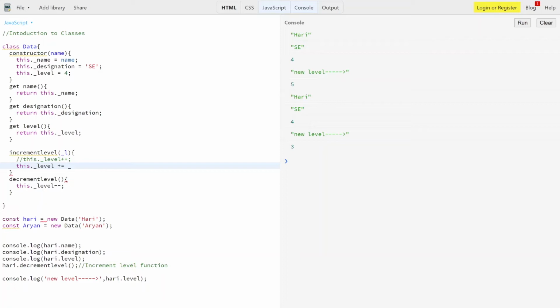Then instead of a decrement I'm putting the increment, and say a person is performing really well, and I have to increment that level by 3. Okay, and then the new level will be seen. How? Because 4 plus 3, it will increase the count by 3. So we have 4, then 5, then 6, and then 7. So the new level will be 7. So that's how you can pass some parameter over here, and you can call this.